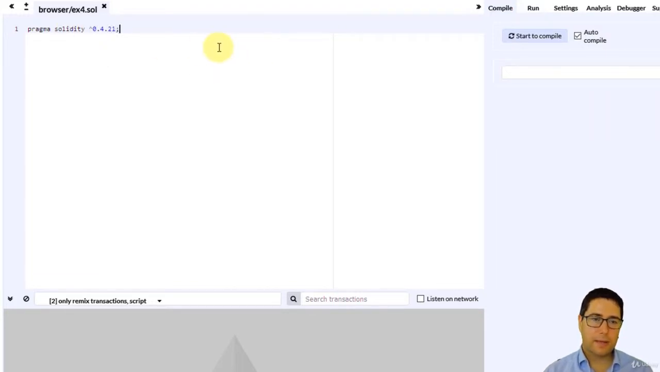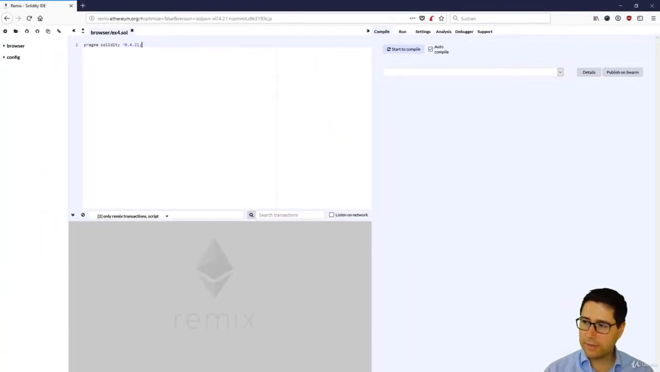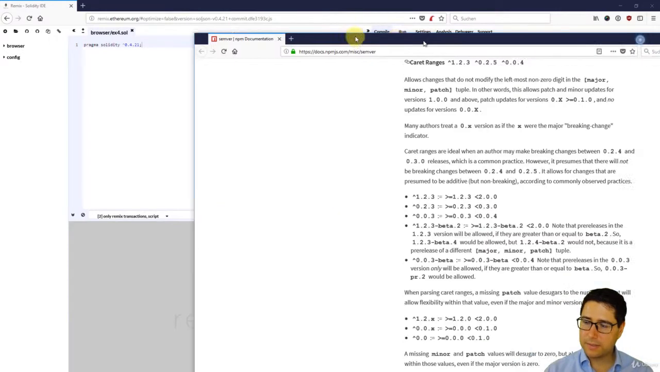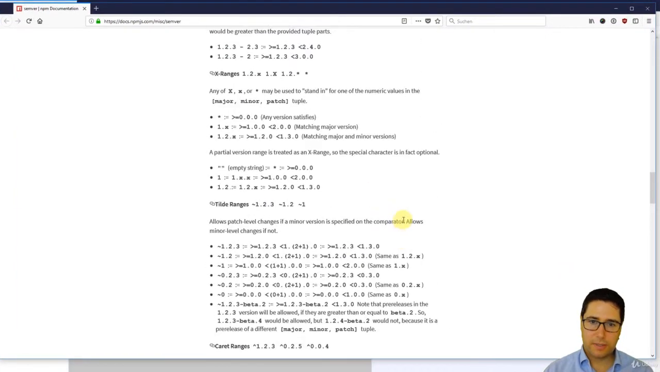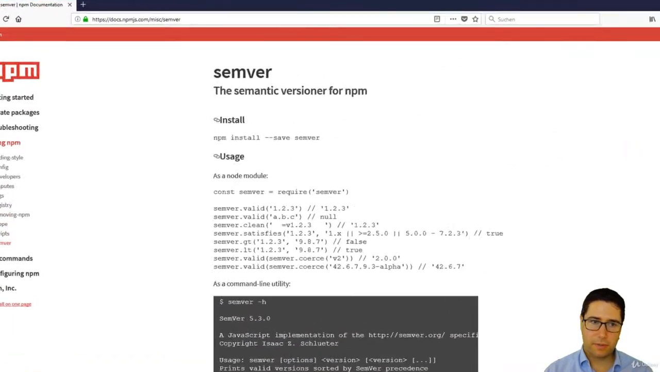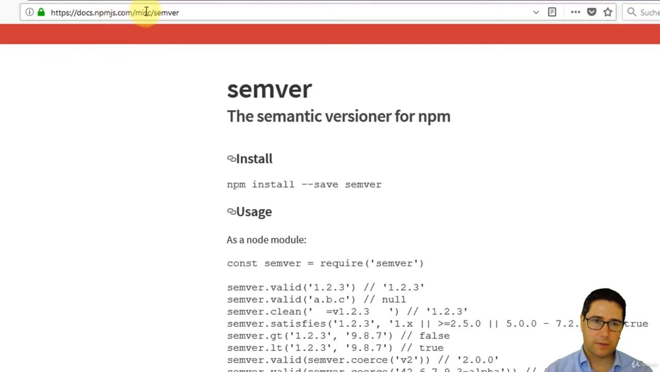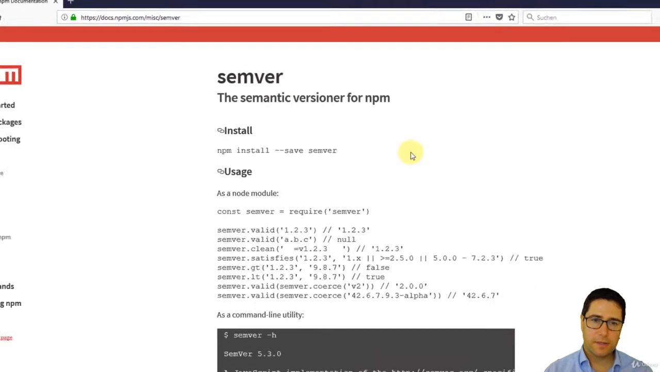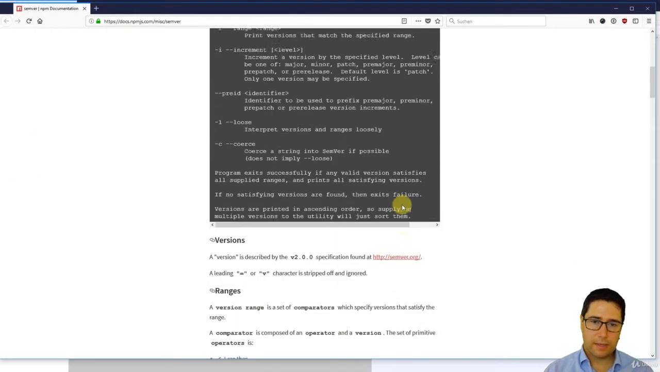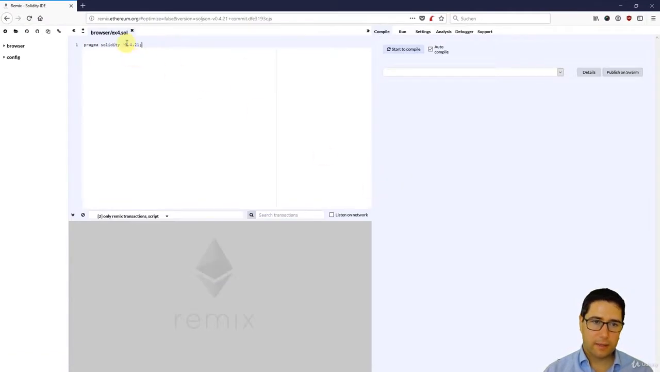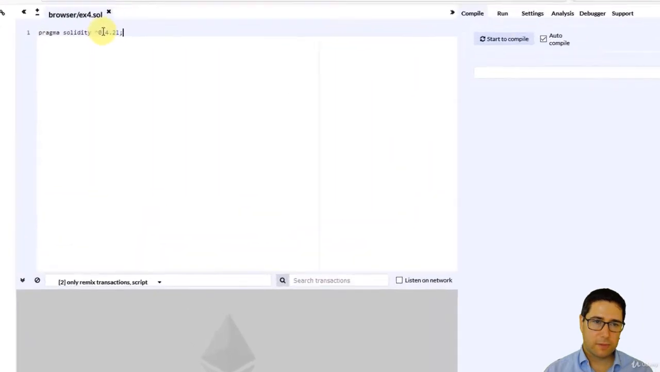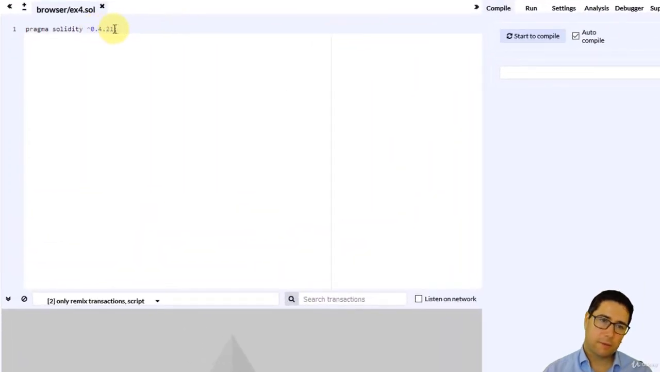And the pragma line comes from the semantic versioning of the NPM, so it's following exactly the same thing as semantic versioning with the Node package manager. So you can find this on docs.npmjs.com/misc/semver, semantic versioner. And this is meant for telling Solidity basically, yes, it was meant for 0.4.21, but not below,